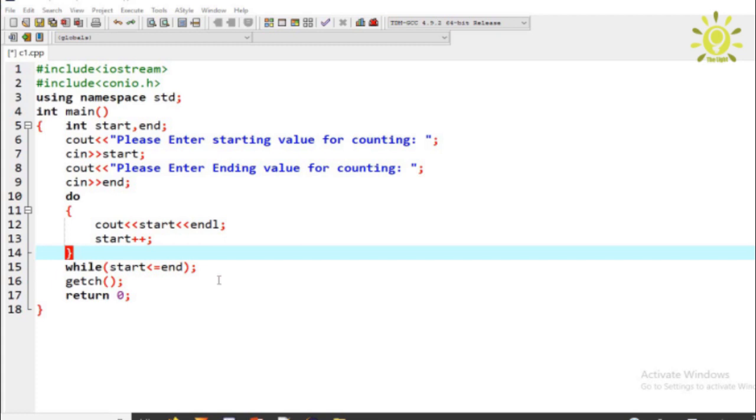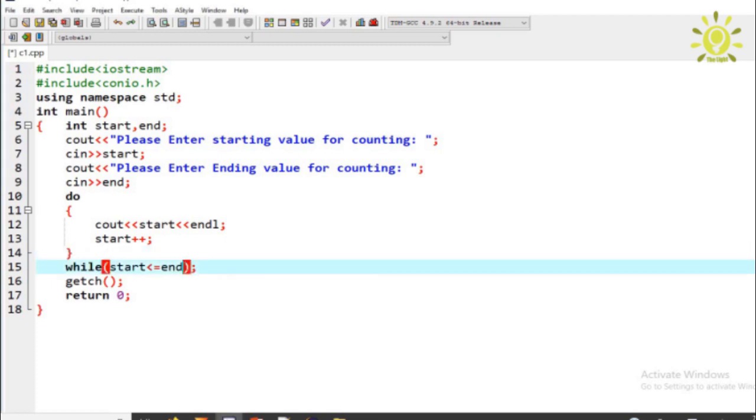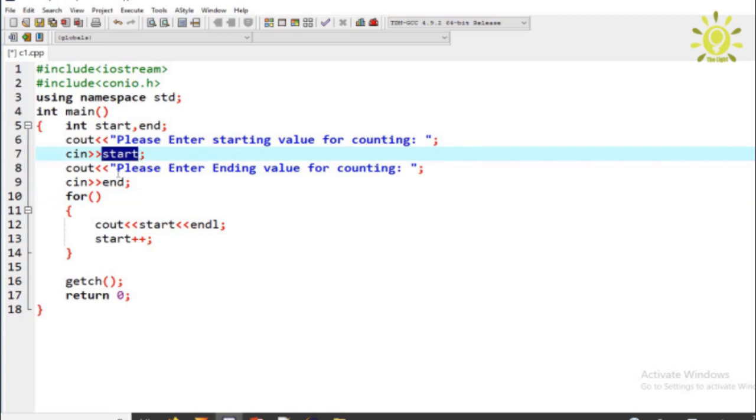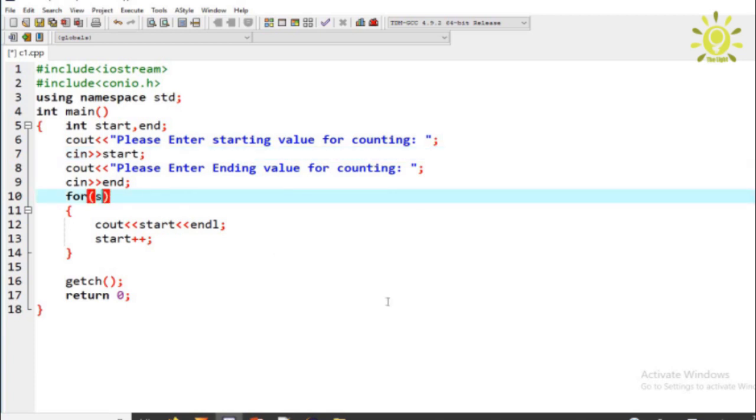So if you want to execute the previous program using a for loop, you make a little change. Just cut this, and now use the for keyword here, and within the parentheses the first step is initialization. You can see that we initialize the start value given by the user. So here type the start variable, then separate with a terminator, and now the condition and again a terminator, and you can see